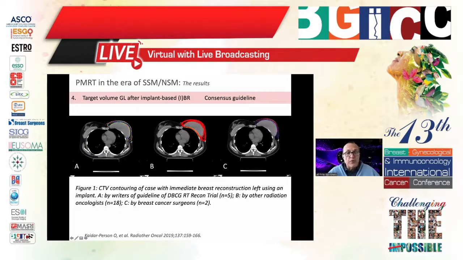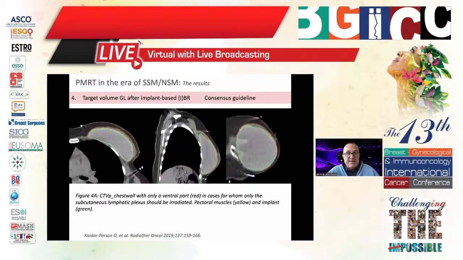This is contouring by us, the writers of the guidelines. This is the contouring you've seen before. This is the contouring done by two of the participating surgeons. And these are the consensus guidelines. So if there is no indication to treat the deep lymphatic plexus, this is the case in 90% of the